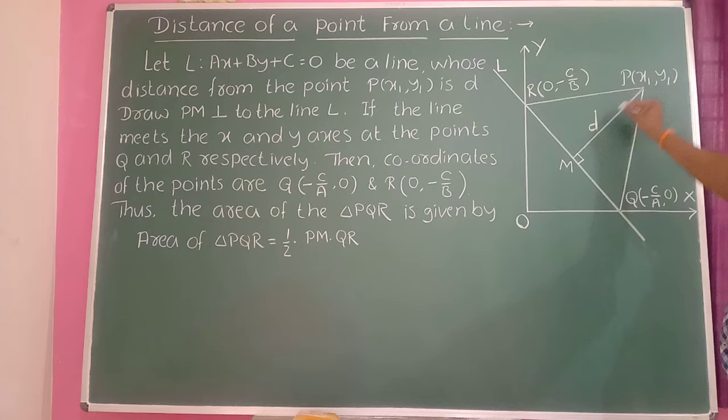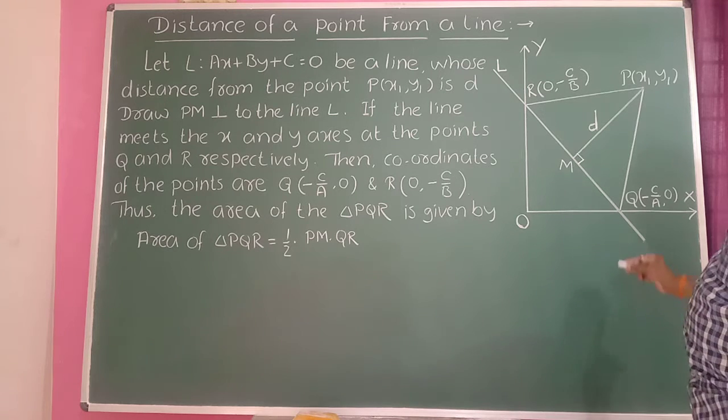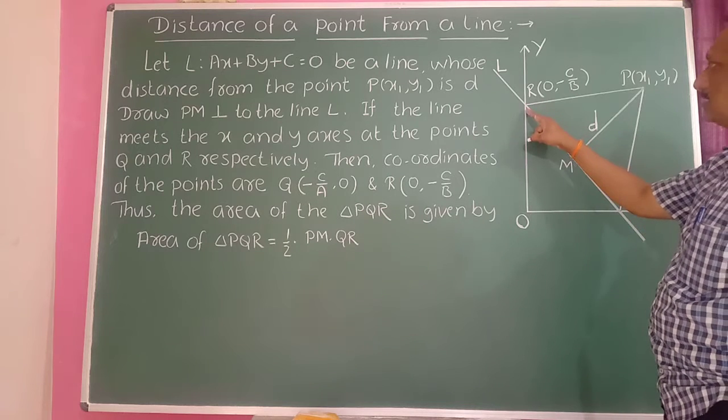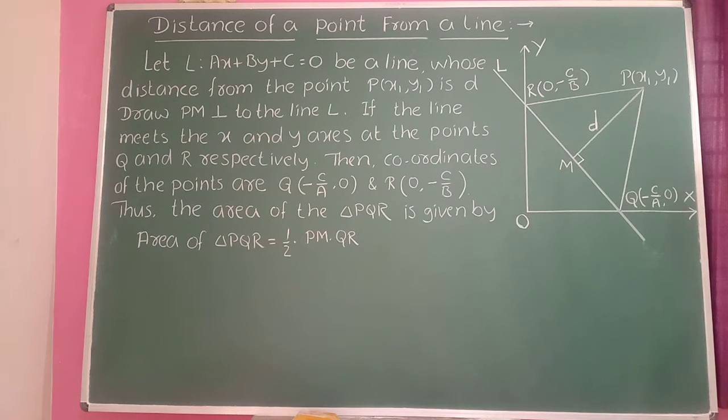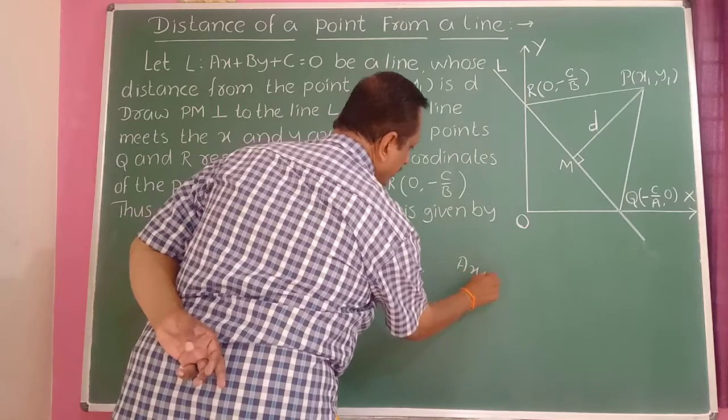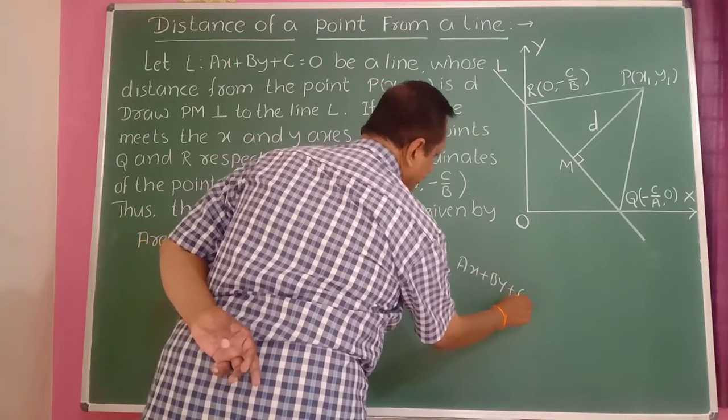Next, draw PM perpendicular to the line L. If the line L meets the x-axis at Q and the y-axis at R respectively, then the coordinates of the points are Q(minus c upon a, 0) and R(0, minus c upon b). Because you know from the previous case, suppose ax plus by plus c is equal to 0